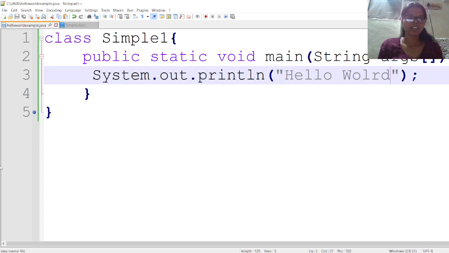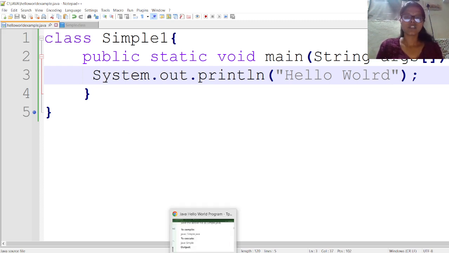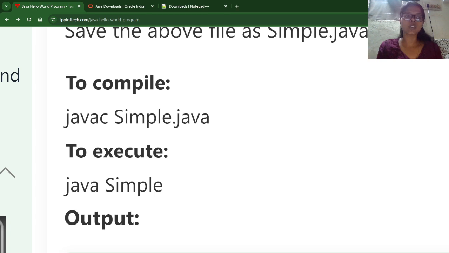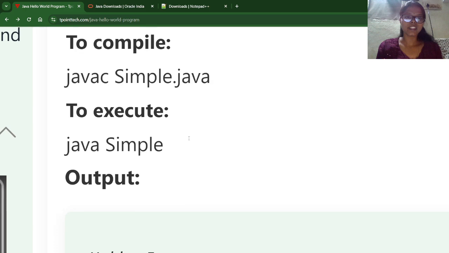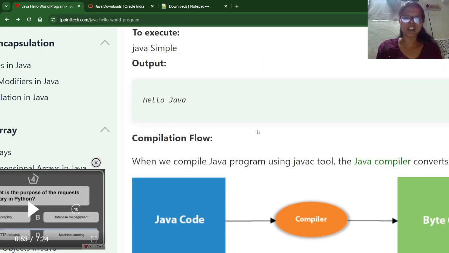Okay, I hope it is clear. What is .java, what is .class, what is bytecode, how a Java program is written, how it is saved, how it is compiled, how it is executed. What is meant by bytecode, how it is shared to other operating systems. Everything is clear, right? What is the command to compile the code, what is the command to execute the code. Everything we discussed, right? This is the basic hello world program.